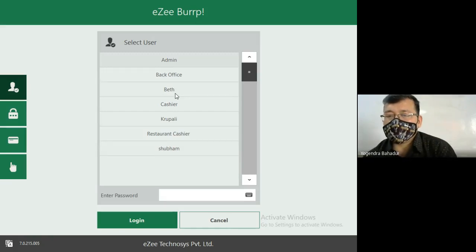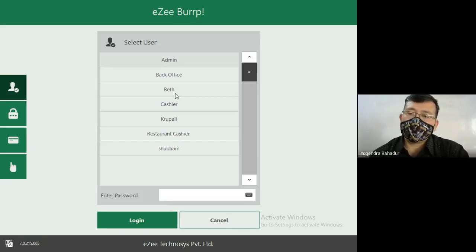In order to make this point very clear, let me give you one example. The steward can take the order, the steward can punch the order, the steward can generate the KOT of the order. But once the KOT has been generated, after that, the steward cannot void any item from that particular order, from that particular KOT.